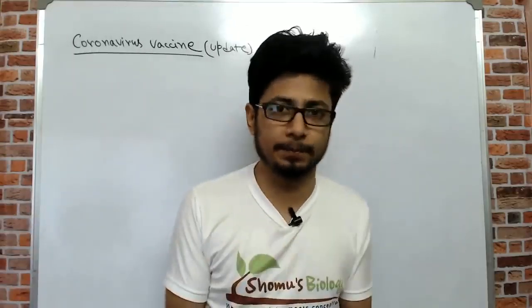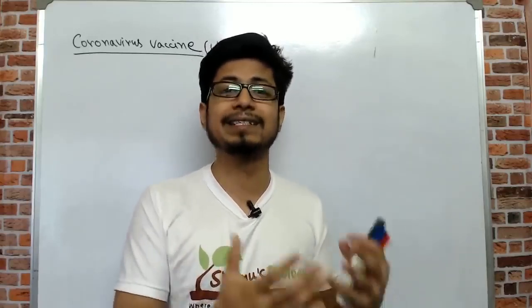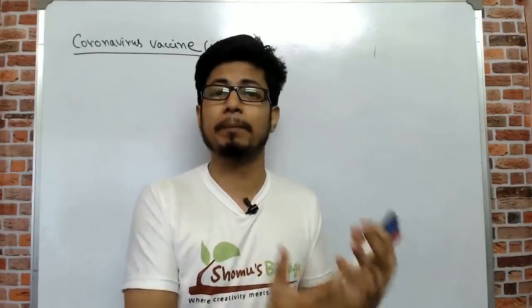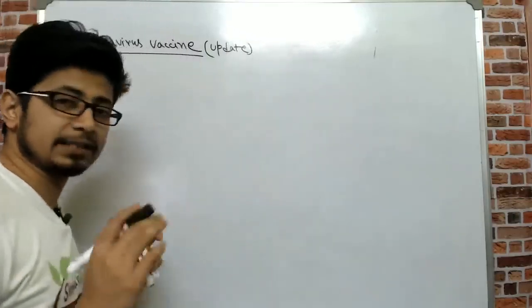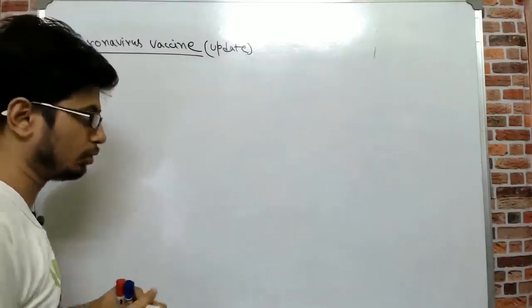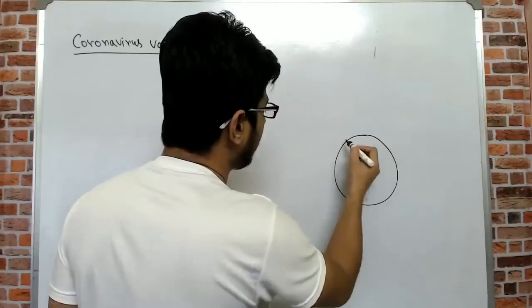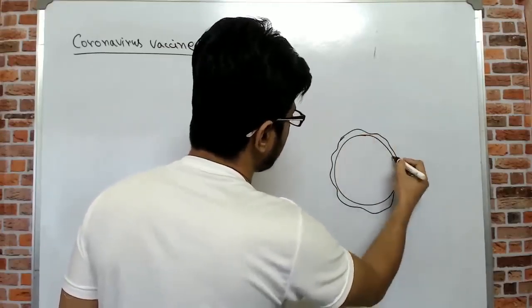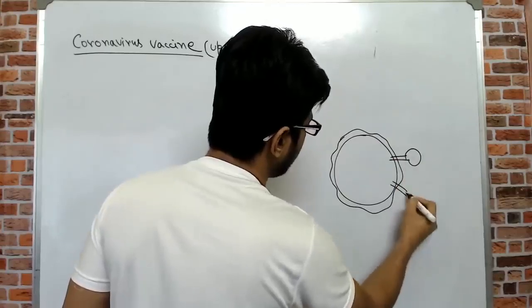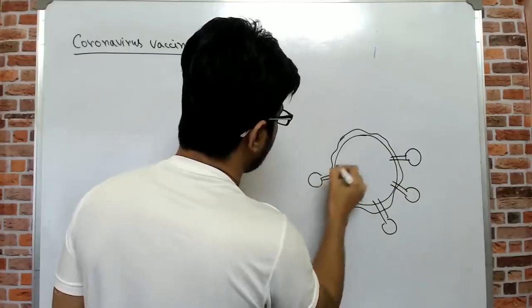Vaccine is a substance that helps to develop our immune system, or that helps to boost up our immune system to fight against any infectious agent, whether that is a bacteria or that is a virus. In this case, the SARS-CoV-2 is a virus, and this virus has a particular structure of a membrane, and surrounding the membrane it has an envelope, and then there are spikes coming out of the envelope. This is how the virus looks like,